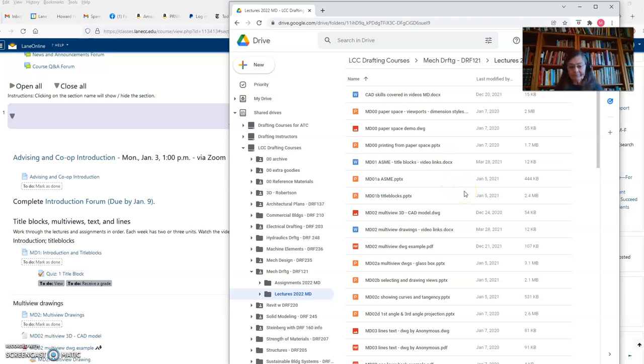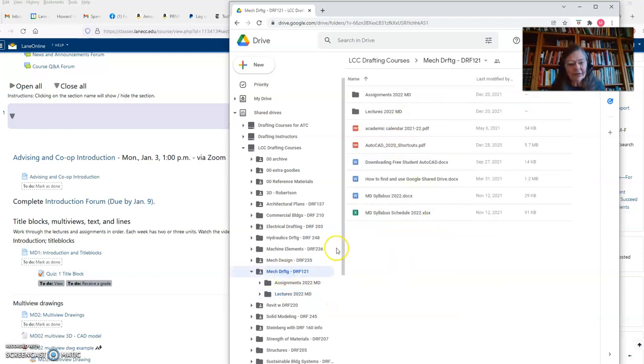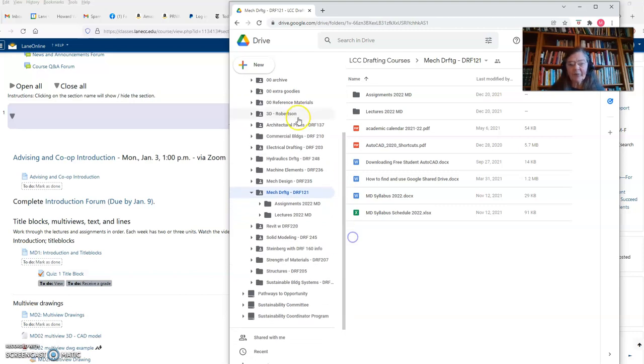So the thing about this is at the end of the term, Moodle will shut down and you will no longer have access to this Moodle class, but you will still have access to all these materials in the Google shared drive. So this is a way to get to them after the end of the term. Also, I encourage you to go ahead and download materials from any of these classes that you are interested